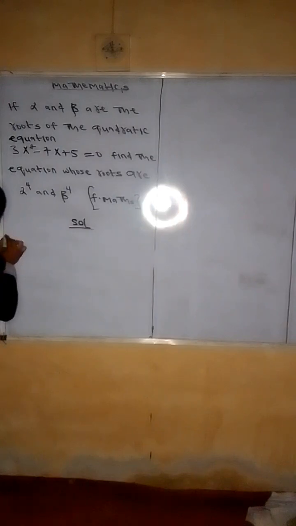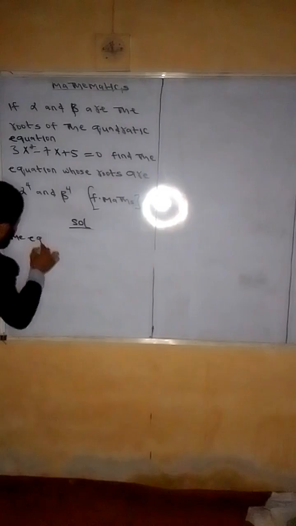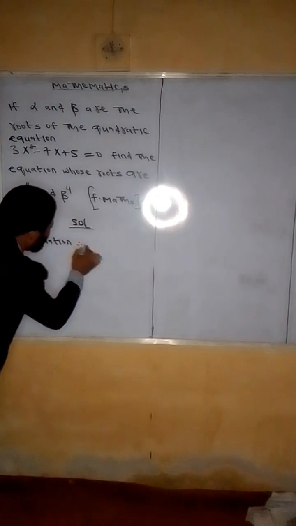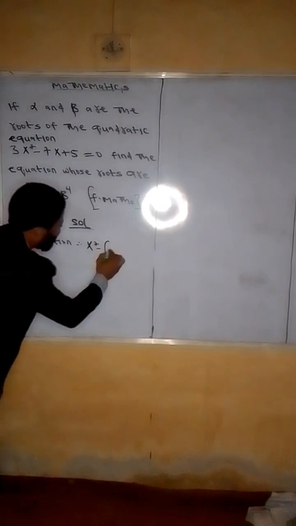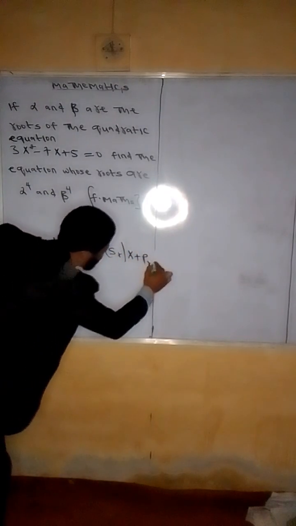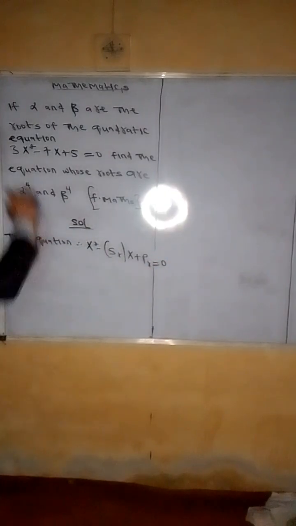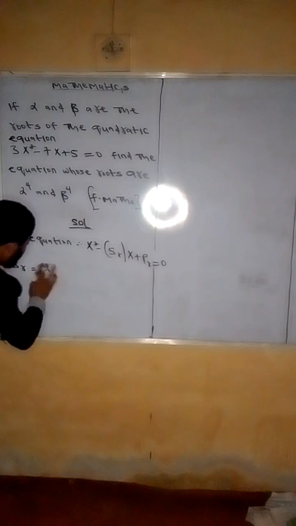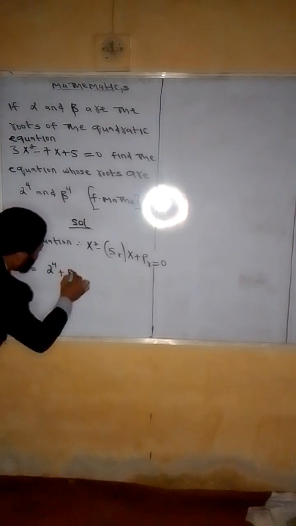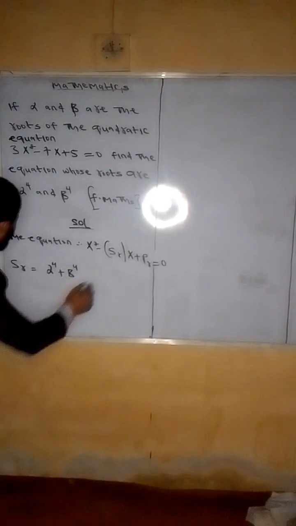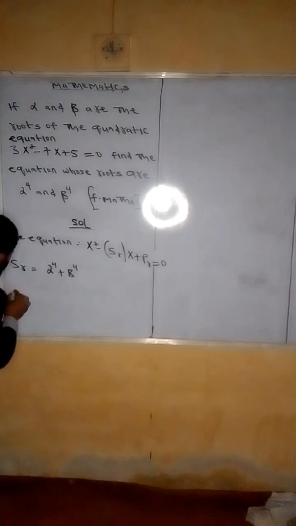The equation will be in the form of s squared minus (sum of roots) s plus product of roots, which will give us 0. So what is the sum of these roots? Because the roots are alpha to the power 4 and beta to the power 4, their sum is alpha to the power 4 plus beta to the power 4. So how do we get alpha to the power 4 plus beta to the power 4? Please take note that